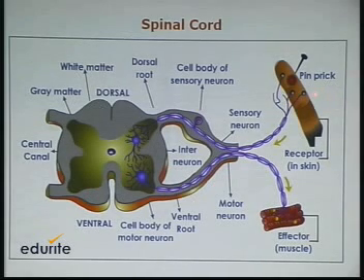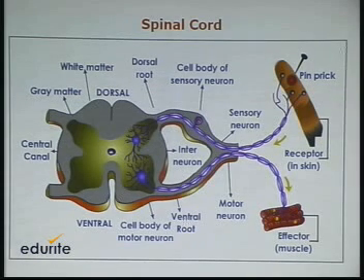For example, if we experience pain because of a pinprick, this stimulus is carried from the receptor, that is from the skin, through the sensory neuron to the spinal cord, and at the level of the spinal cord, without the interference of the brain, a message goes back to the muscle, the effector muscle, carried by the motor neuron, which tells us immediately withdraw your finger where you can feel the pin prick.